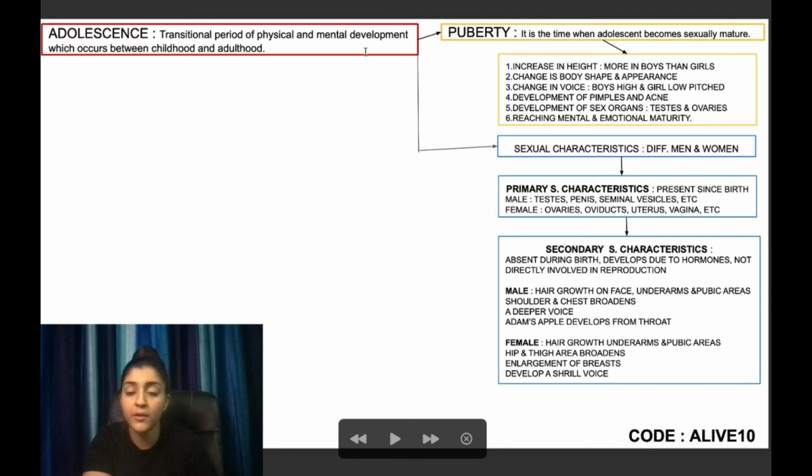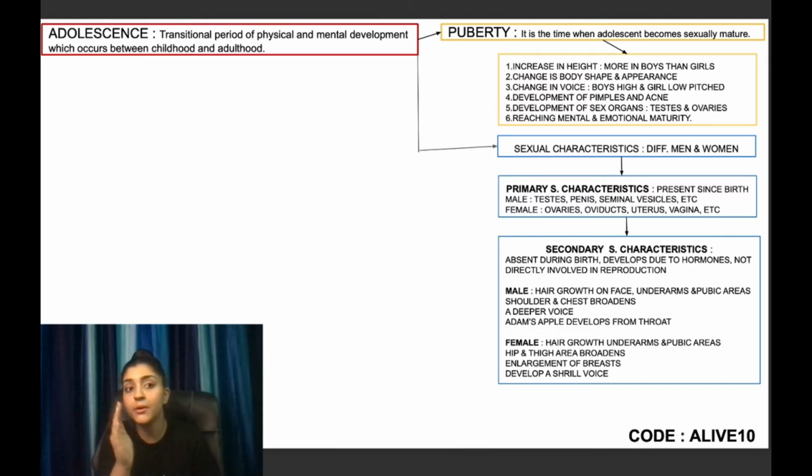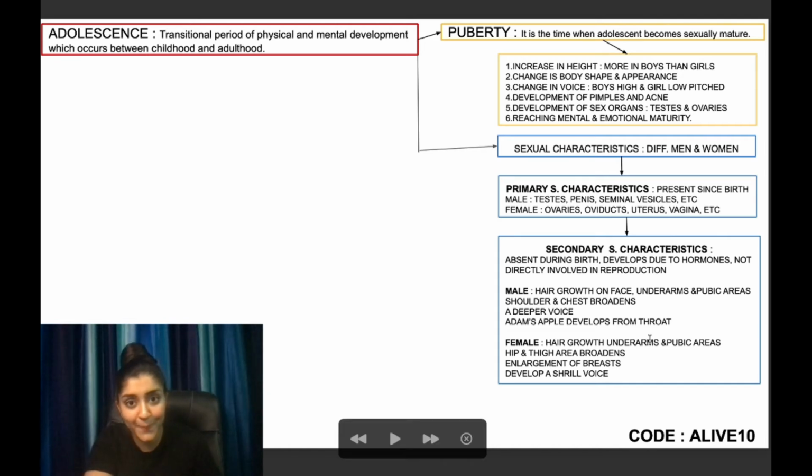I started with adolescence, one arrow forward, and you can see how organized this information is. I have not just randomly made the boxes anywhere, because I have that in mind, since I would be needing that particular space, might be in the future. So therefore these are the secondary sexual characteristics that are very important.